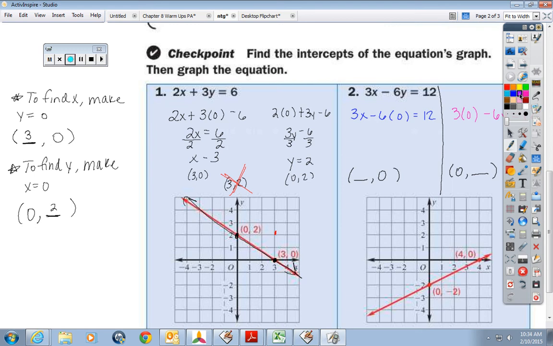Make y equals 0. So I just substitute 0 for y. So I know